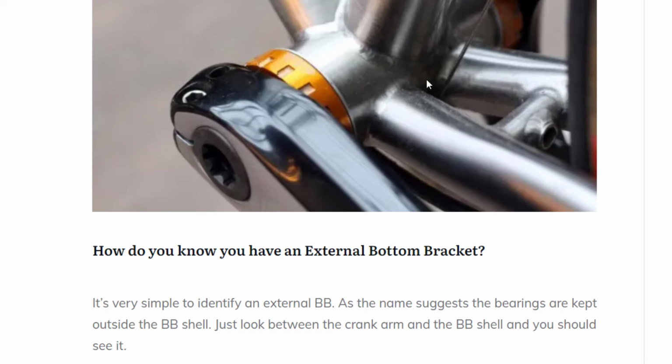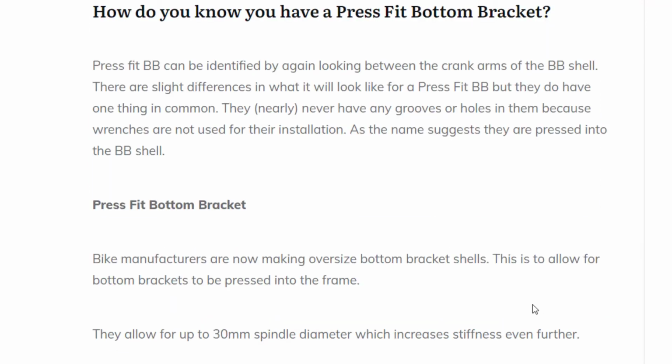Yeah, it's a really good system. Pretty lightweight, easy to maintain. Press fit. So for press fit bottom bracket, again, this can be identified by looking between the cranks, and the